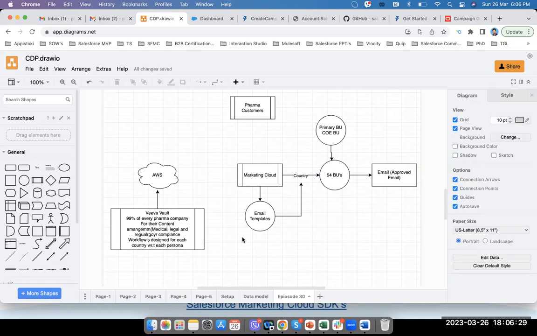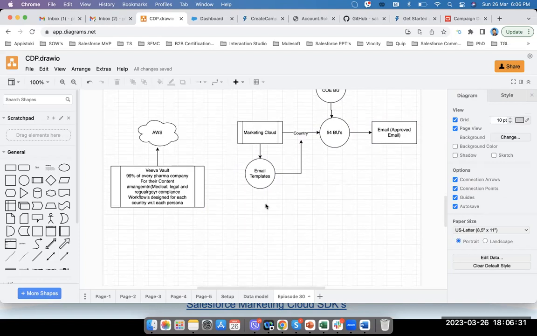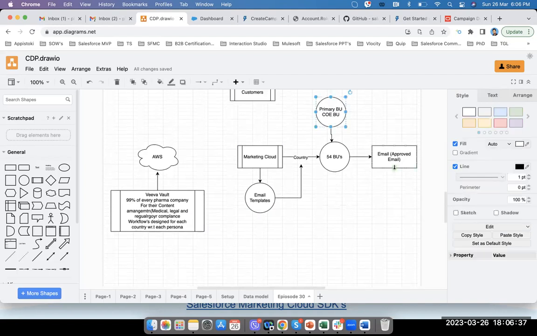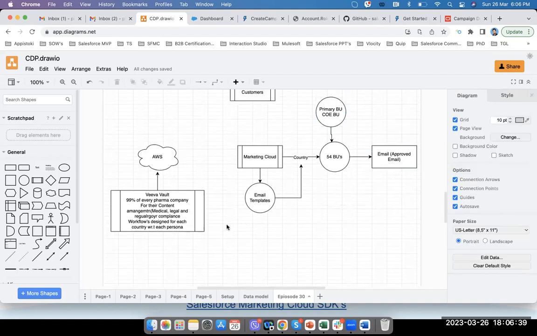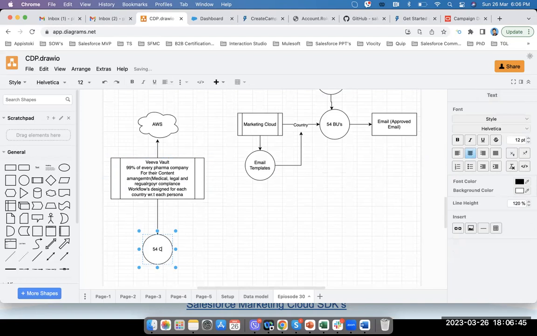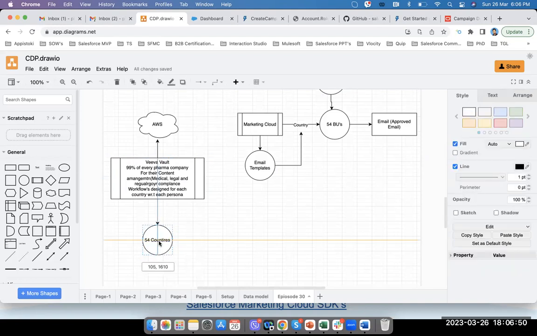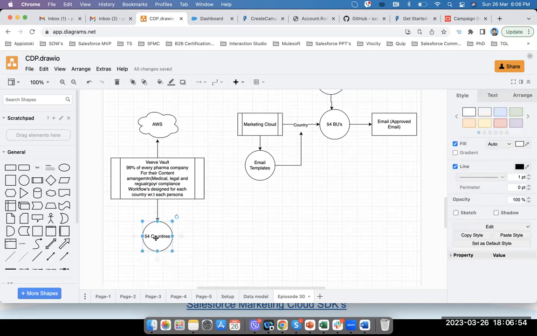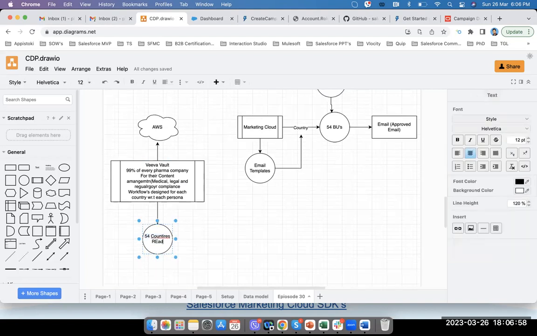So now the current situation, what we initially faced, is they have the system ready. Their entire COE team is leveraging the approved templates and sending emails. They have 54 countries, and they have plenty of templates. They have too many email templates, and once MLR approves a template, it is ready for use